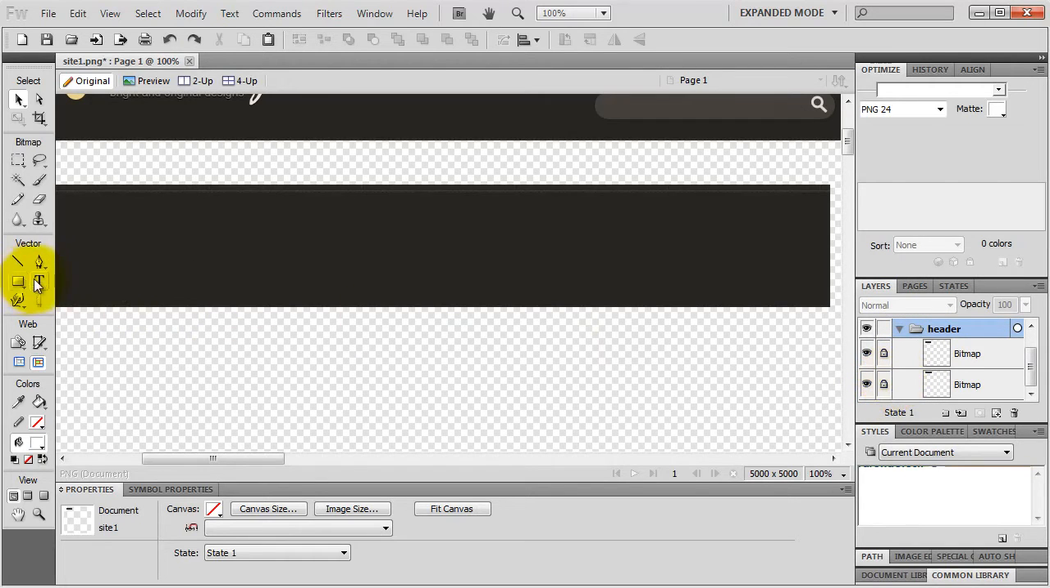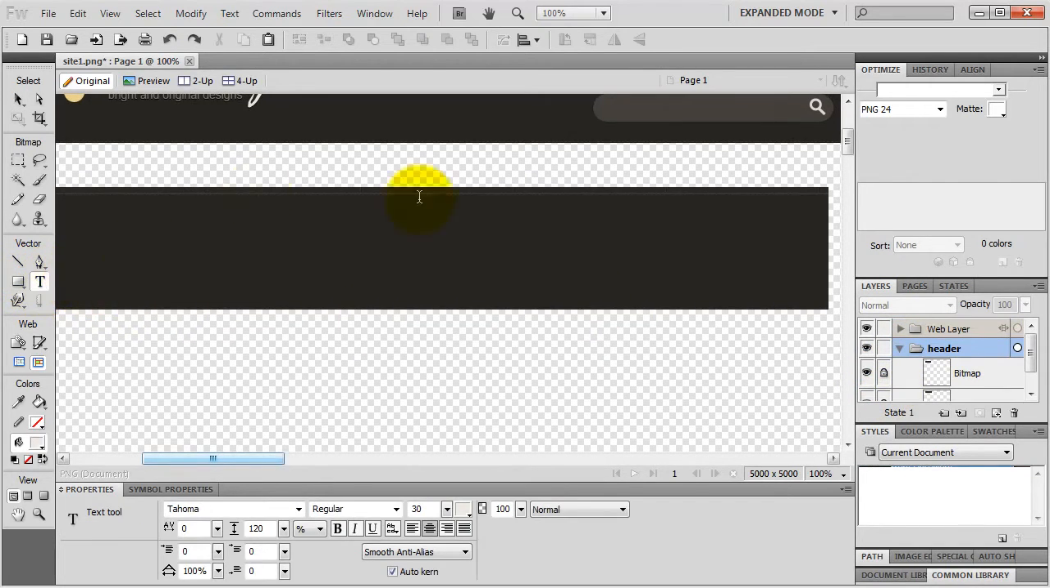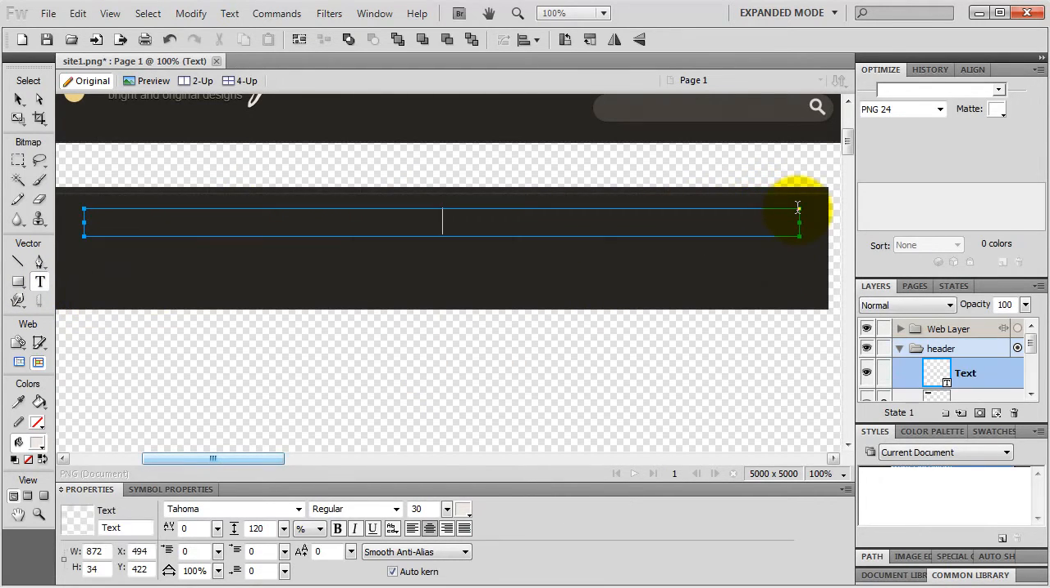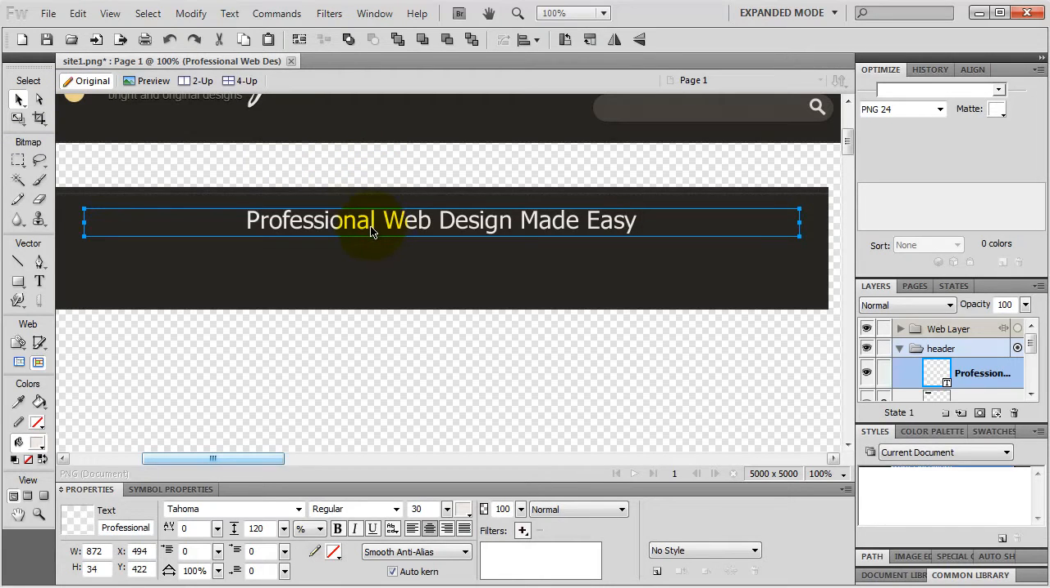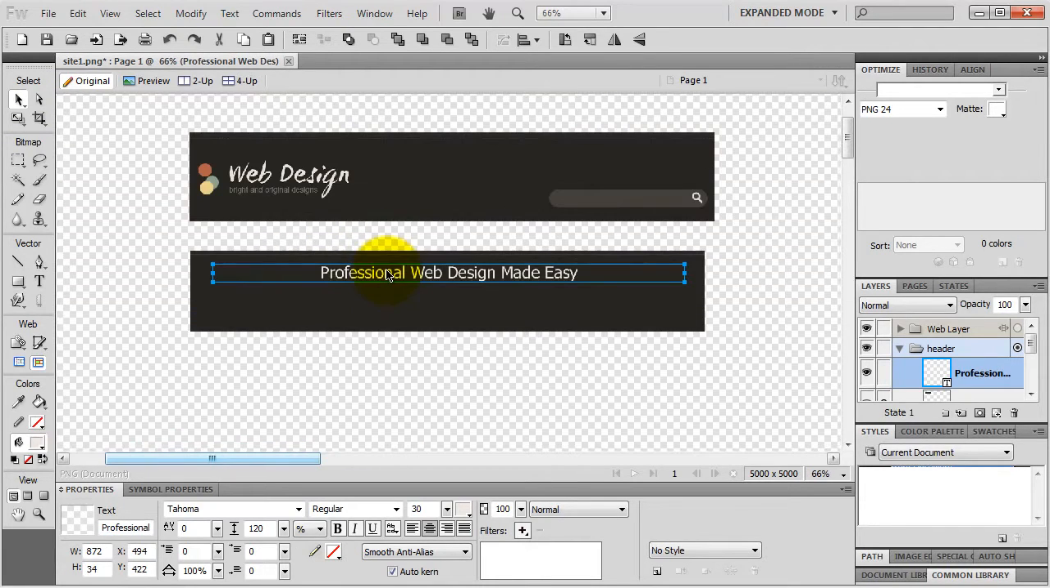I grab my text tool, and I want my text right here. So I just click and drag. And when I let go of the mouse, I can start typing. You can type in your own slogan or whatever your brand requires. I just type in professional web design made easy. Okay, I grab my pointer tool, select my text, and I zoom out a bit, and I change the font